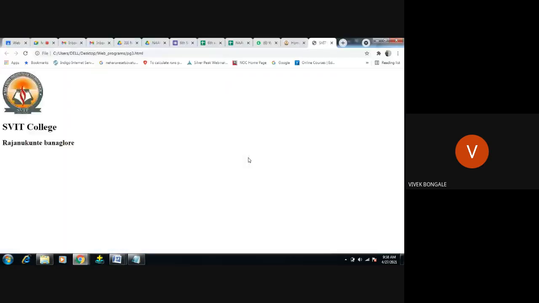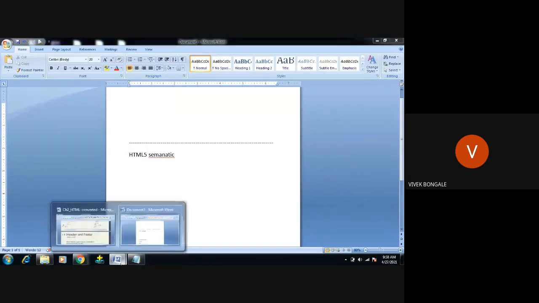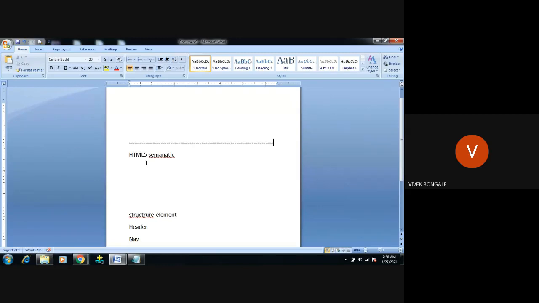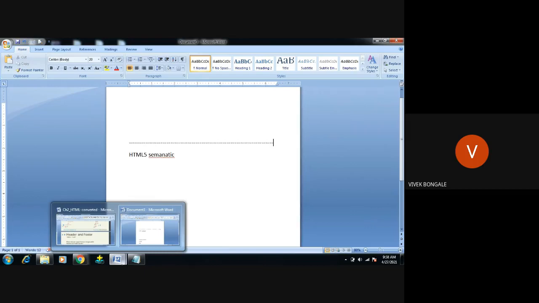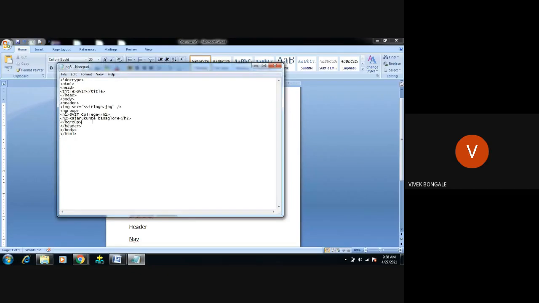Open with Google. See, I have not given the header size here. That is the reason it is just randomly showing. But if you give the header size, width, height, and all, it will fit into that particular space. This is how the header will work. We can add this header in the article element or in the section element. For example, see, here the same result I will get.